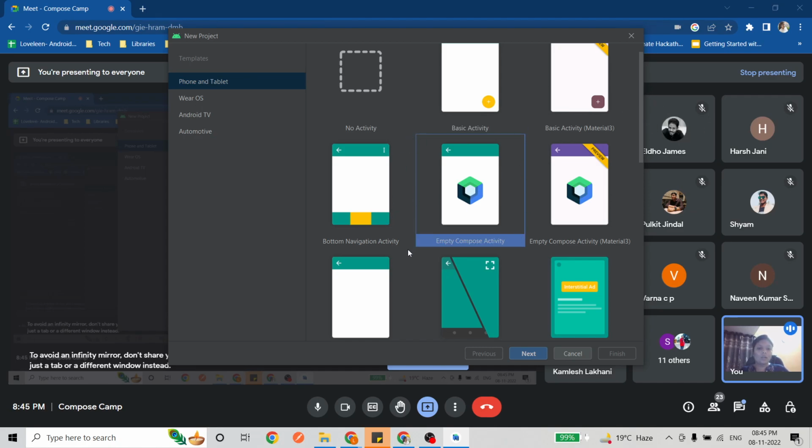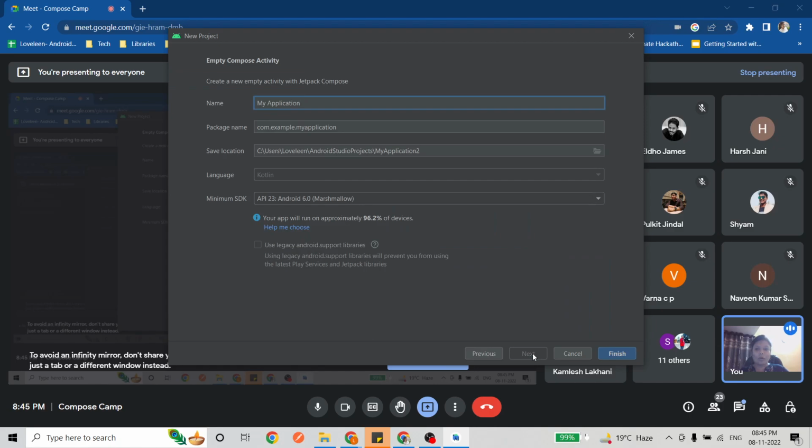This activity is going to help me with the basic coding and the basic architecture level of Android, and it is going to reduce the workload for me because it provides all the basic necessities for Compose. So I am going to pick empty Compose activity. After that, I am going to click on next. Now you can see here there are a few fields which I need to enter. I am going to write here Compose Camp. So Compose Camp is going to be my